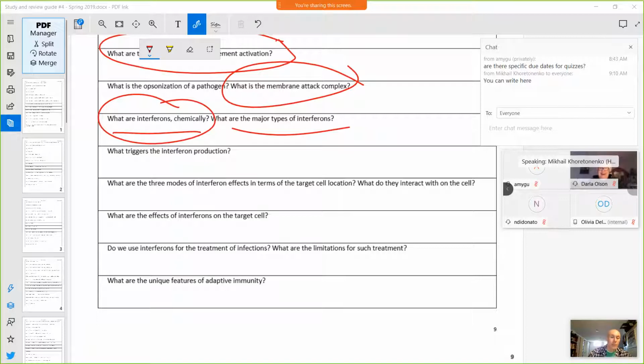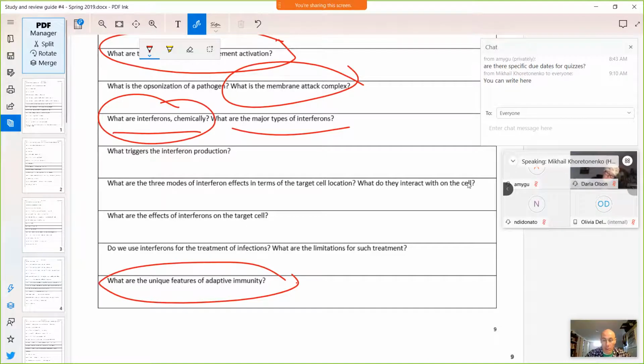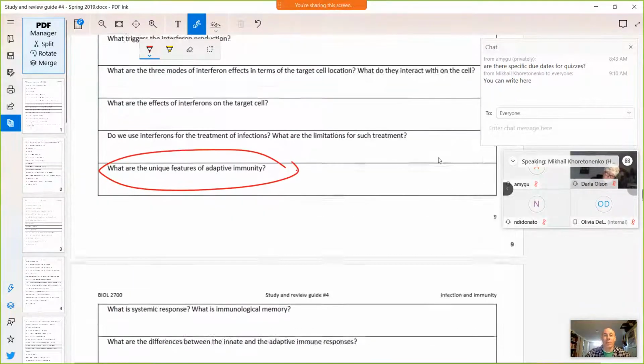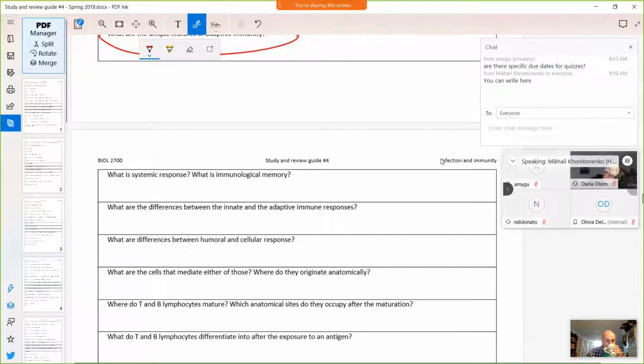All right, adaptive immunity. What are the unique features? Good things: specific, systemic, highly effective, forms immunological memory. Kind of not so good features: takes a lot of time to develop and requires an exposure to a pathogen to actually mount. So cells have to interact with the pathogen. That explains the difference: innate is faster, adaptive is more specific. Innate is local, adaptive more systemic, and so on.